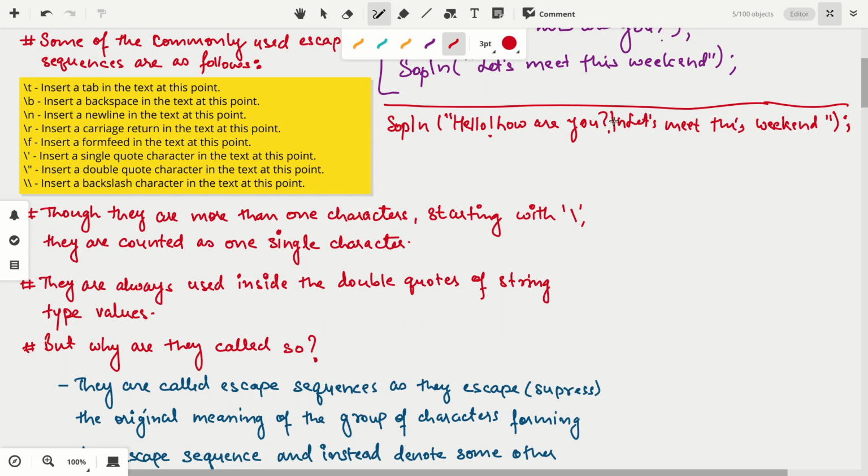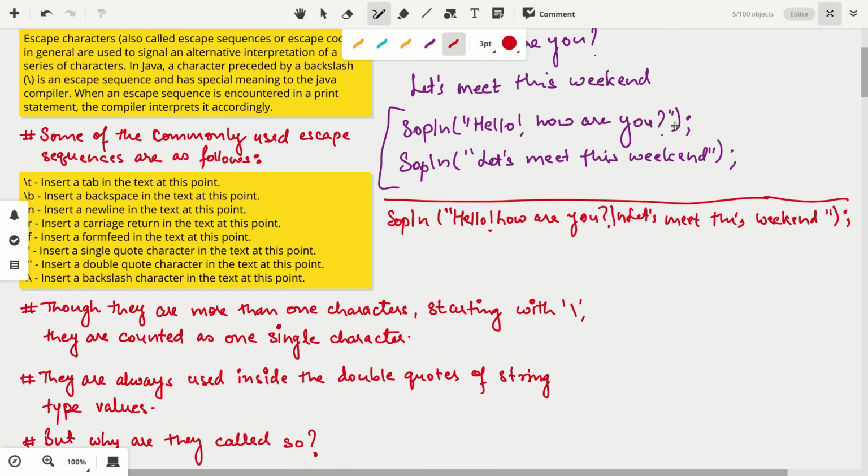So if you write \ anywhere within double quotes, the computer will expect t, b, n, r, f, single quote, double quote, or another \. Though this group of characters is used within strings for printing, anything starting with \ tells the computer you mean to use one of the available escape sequences.